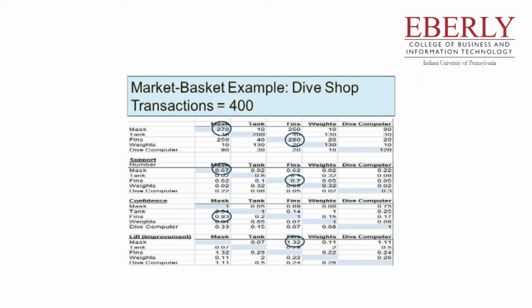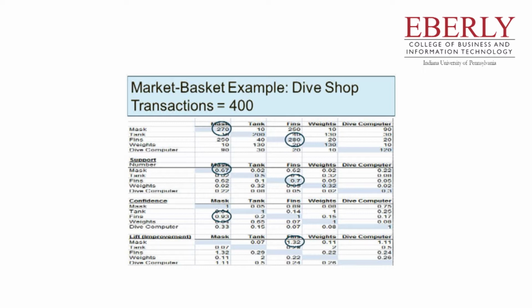So the likelihood of someone buying fins given he or she bought a dive computer is 20 by 90 or 0.156. Therefore, when someone buys a dive computer, the likelihood he or she will also buy fins falls from 0.625